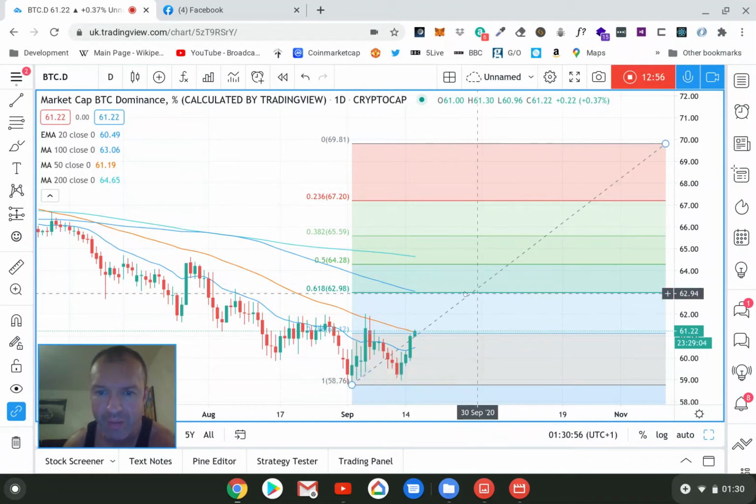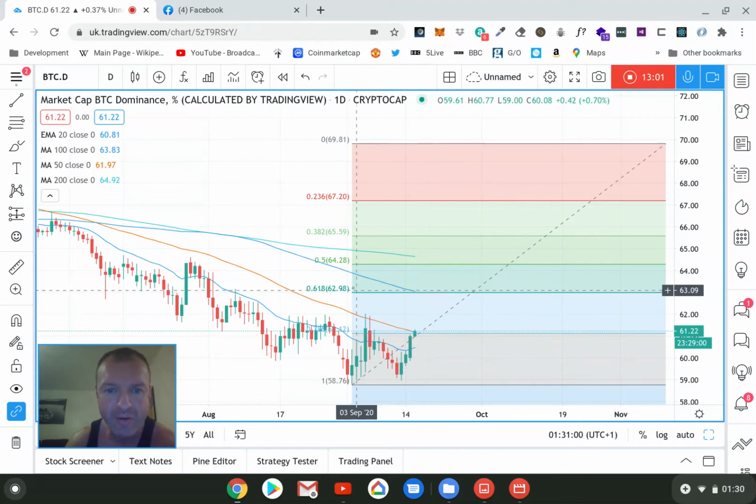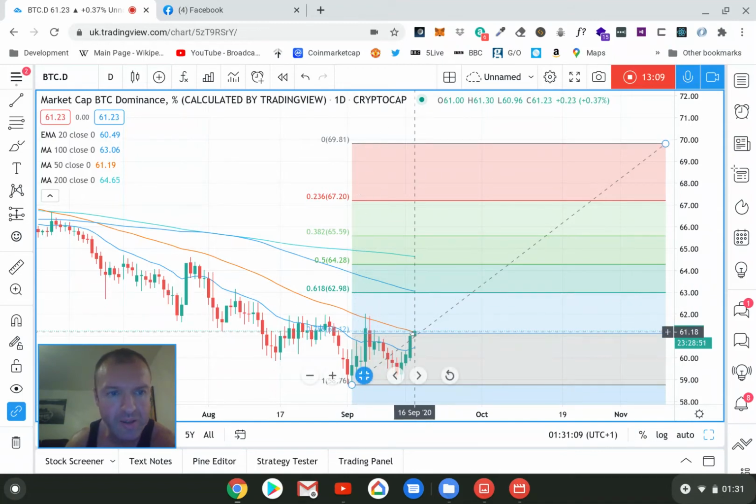That's quite a big run up, and altcoins will probably sit still. And Bitcoin, if Bitcoin does get to that point, you're looking at a price of Bitcoin going over that all-important 50-day moving average. We've also touched on the 50-day moving average here, and we're finding resistance here in Bitcoin dominance on the 50 moving average.